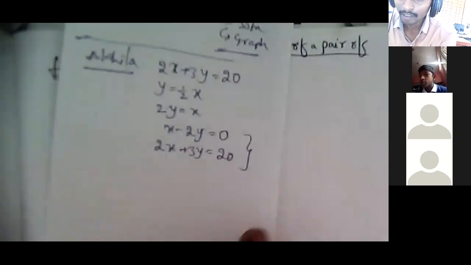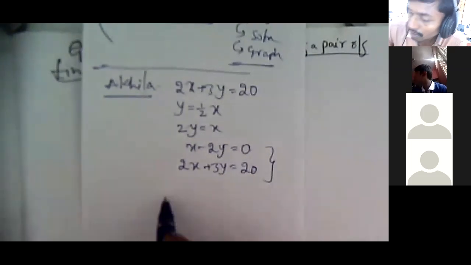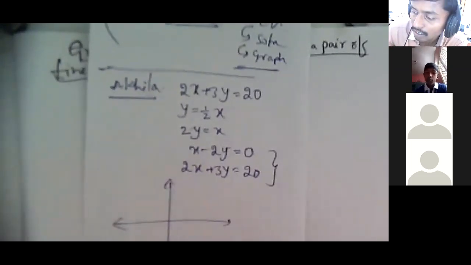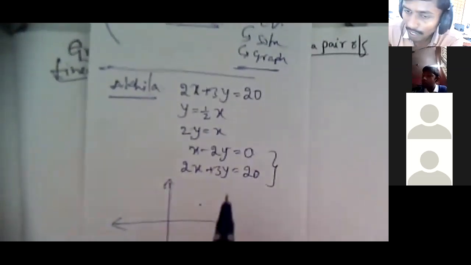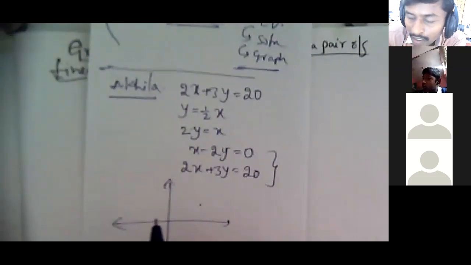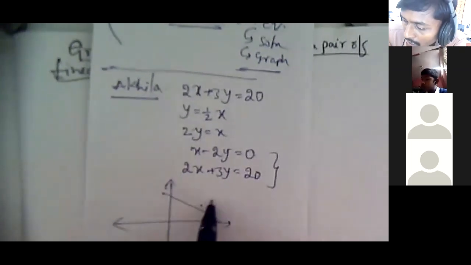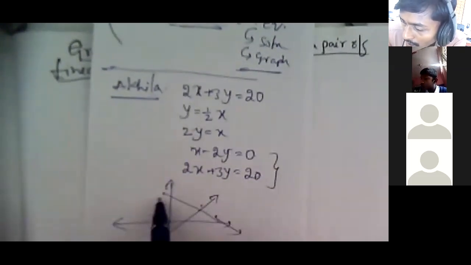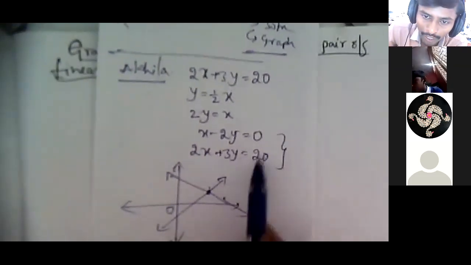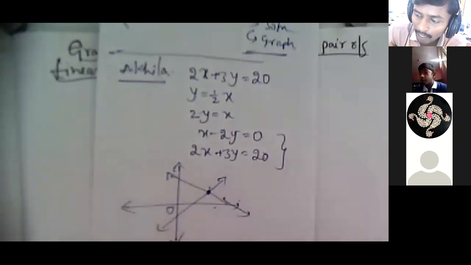And how did we get the graph? We plot the graph for these linear equations. What about the two straight lines? Are they coinciding or intersecting? Yes, sir, we got intersecting lines like this, and there is 1 point. For these two equations, we plot the graph. Therefore, the two lines are intersecting each other. Clear. This is one case.